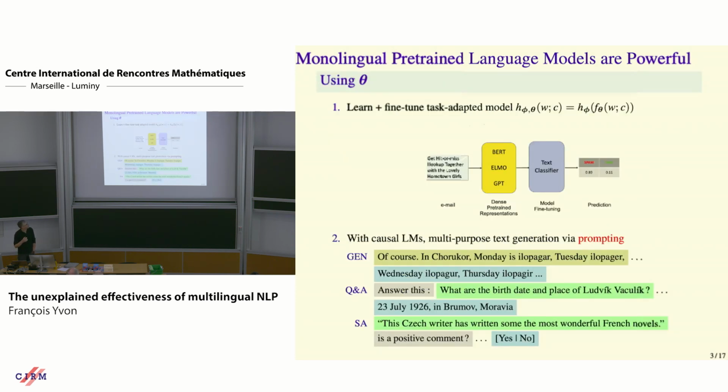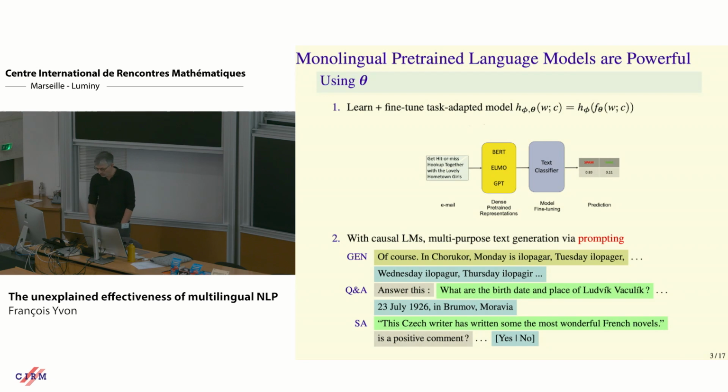So once you've trained your model, once you have your embeddings, there are many things you can do. First, you can fine-tune the system to do any task you'd like to do. For instance, you can do spam filtering. You just train embeddings with these techniques that I mentioned, and then you can fine-tune a text classifier. With a small amount of annotated data, you will get extremely good results for all the classification tasks that I